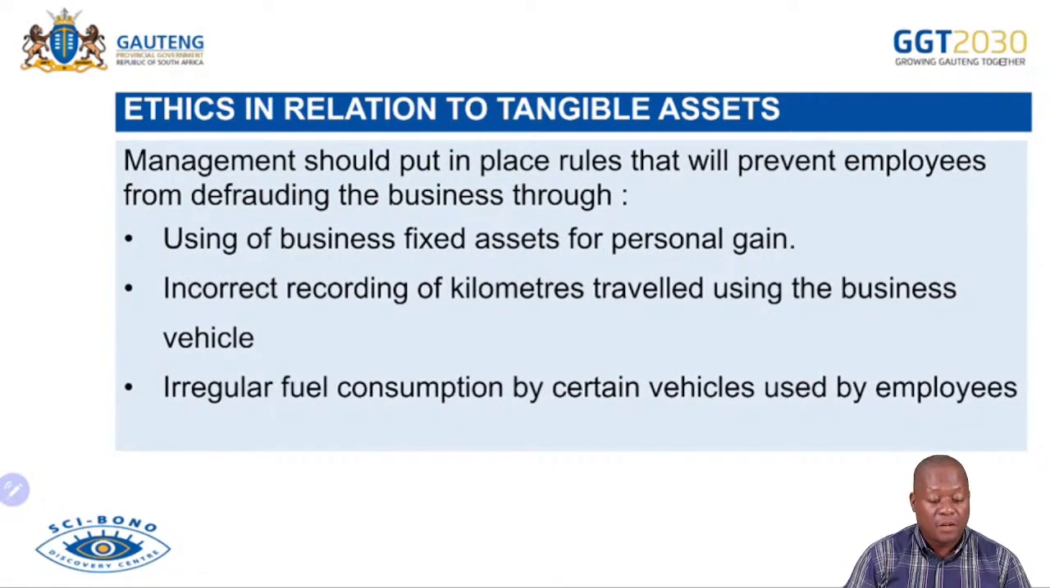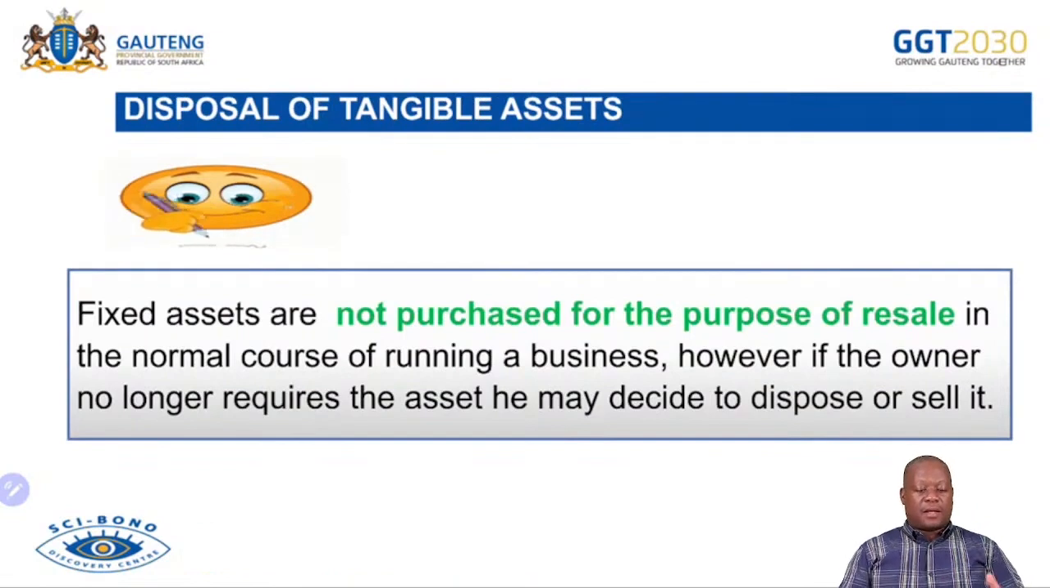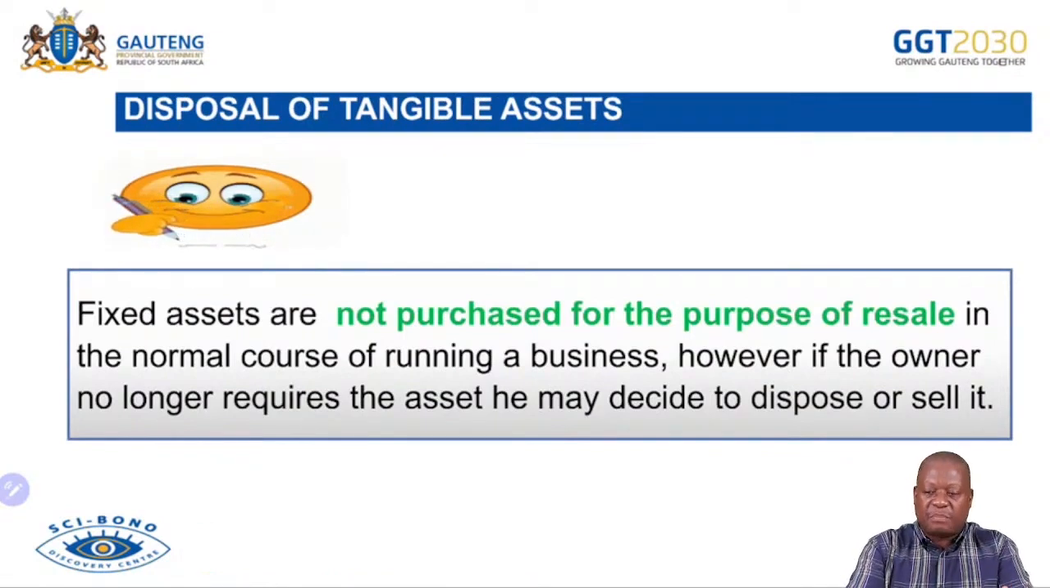And then irregular fuel consumption by certain vehicles used by employees. Let's have questions when we can see an employee is just supposed to be doing a function that takes him 20 kilometers away, and then we check and we can see that the full tank is no longer there, because some employees even drain the fuel out of the vehicle, or maybe cover other distances that have not been agreed to by the employer. Then that will end this part on